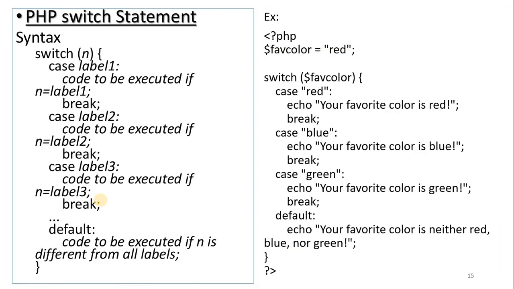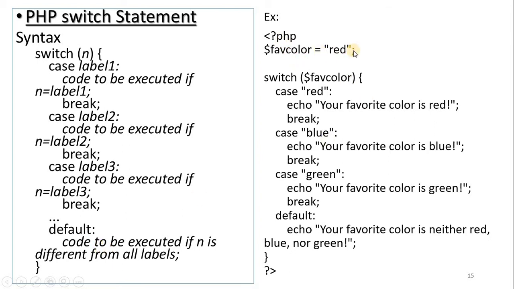Next we will see the switch statement, where we are going to pass some variable to this switch statement, and case label 1. Suppose I give here 1 and it is case 1, then case 1 will be executed. So case 2, so depending upon this particular choice or the value of n, the cases are executed, and here we have a default one. If it doesn't match any of these cases, then the default is executed.